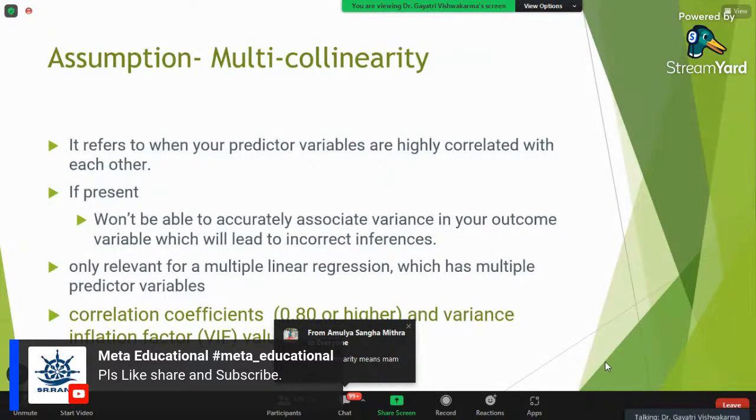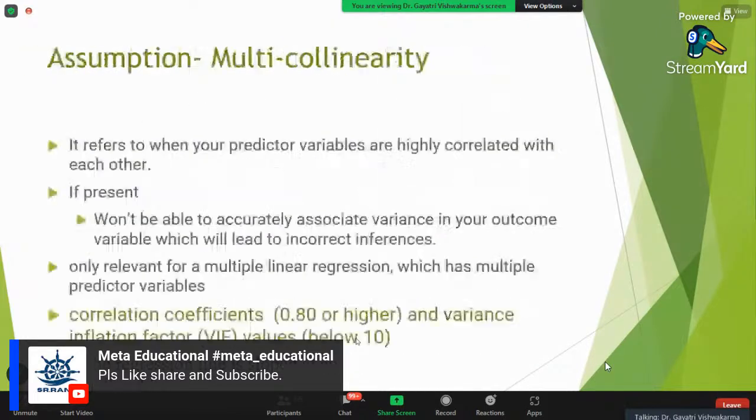But generally, as statisticians, we try to get a better predictive model. So we consider below 5, don't go more than 5. The criterion given in the literature is generally below 10, but we consider below 5.